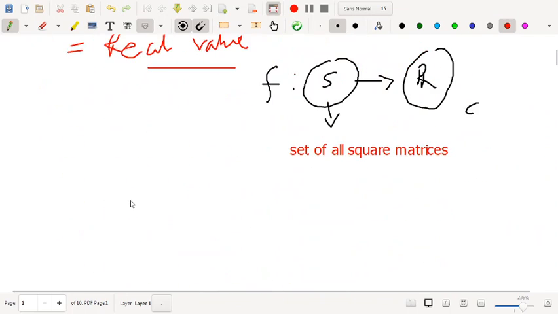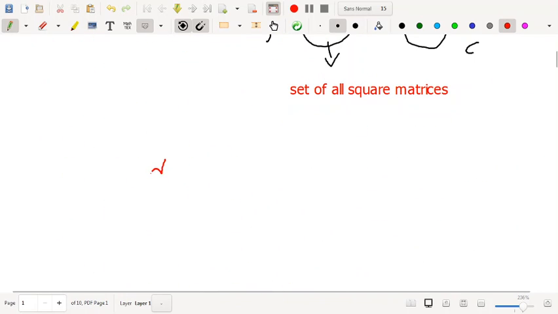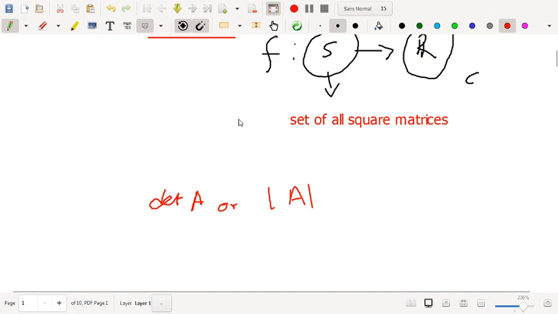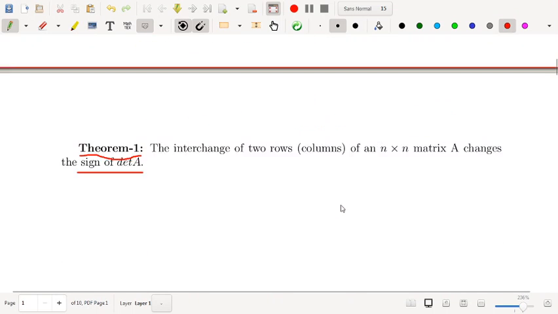So, we say that this is your determinant, that is the expression is det A, or we say the determinant of A, and this is written like a modulus sign, and inside that sign you will put the numbers A11, A12, A13, like this. Okay. So, this is the symbolic representation of determinant.